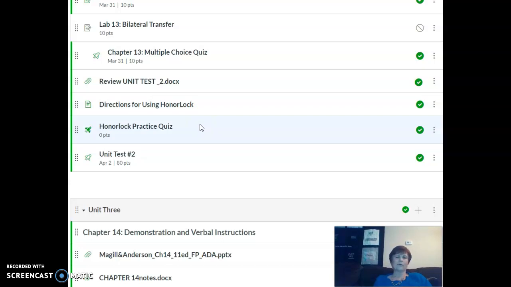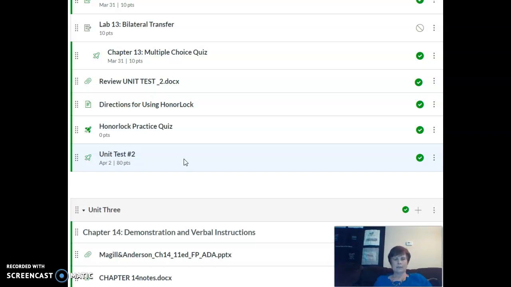It doesn't count for any points, but it just makes sure that you understand the requirements. I think there's 3 questions, but after you read the directions, take the quiz, make sure you understand the proctoring platform we're using. And then Thursday, by the end of the day, you should have logged in and taken unit